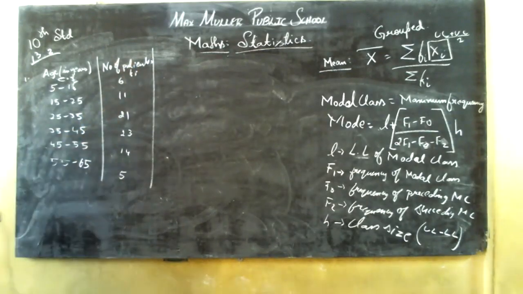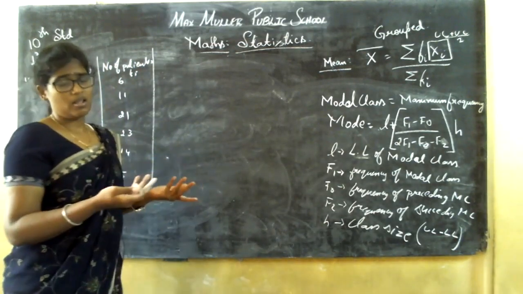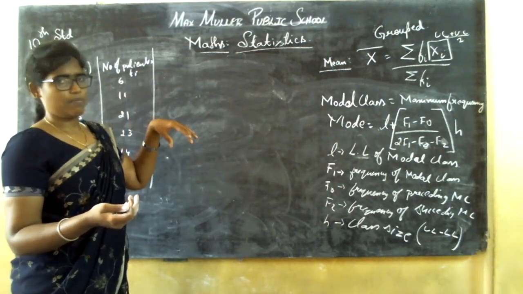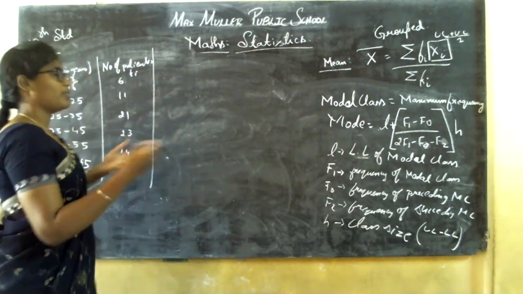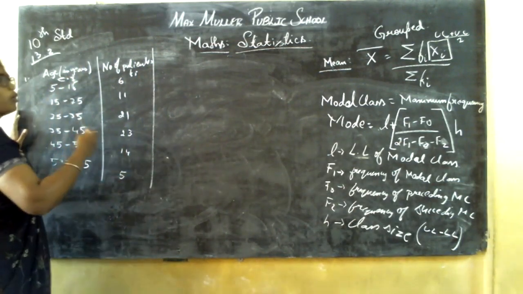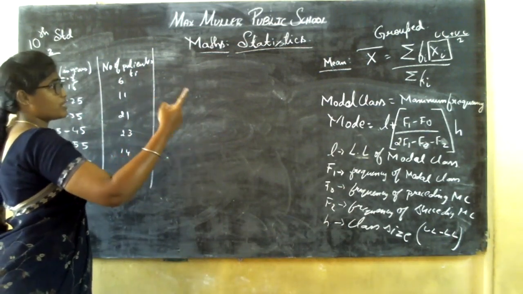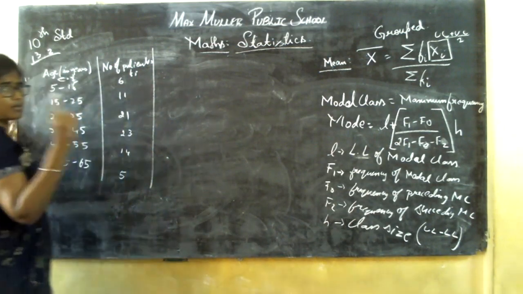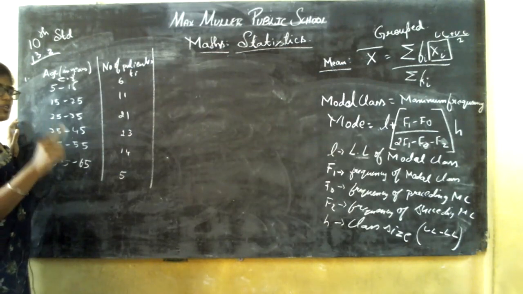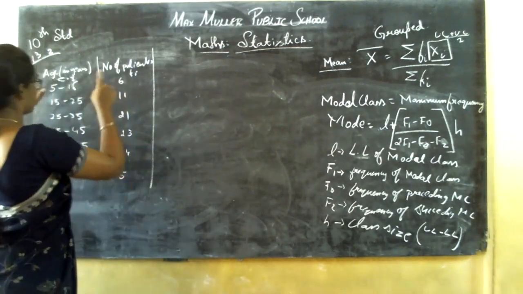Correct? Now, it is your choice. First you can find mean and next mode, or mode and then mean. Whichever the combination, it is your choice, but we should do both of them. Let me go step by step. First, we learned mean, so we will do mean. You need to remember the formula of a mean. What is the formula of a mean? X bar is equal to summation of Fi xi divided by summation of Fi. So, now you have Fi.